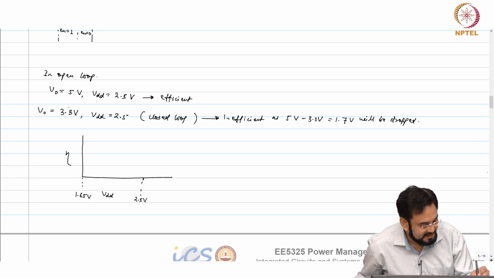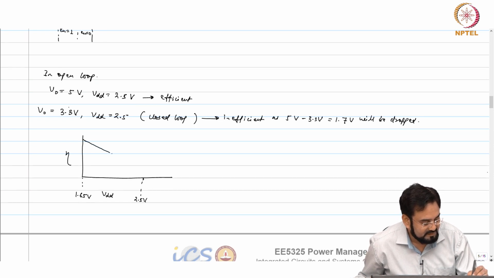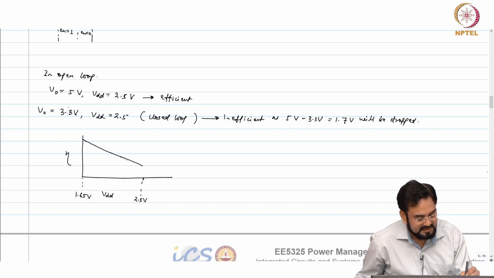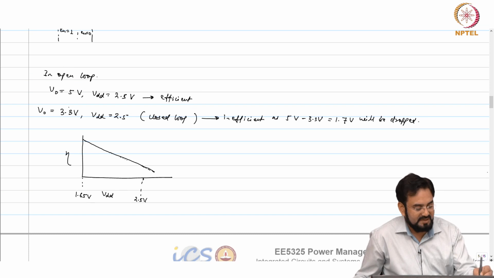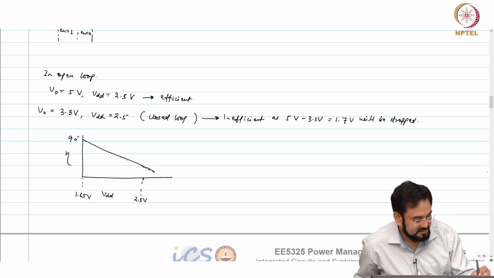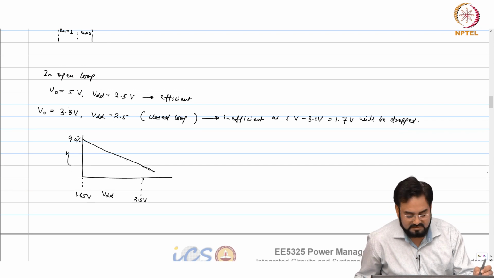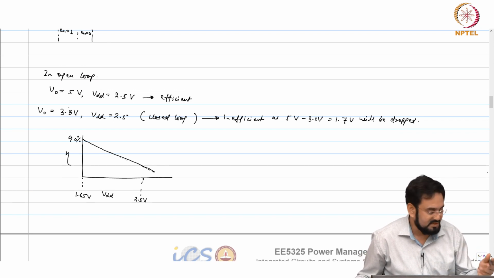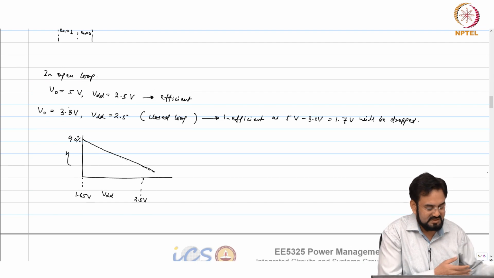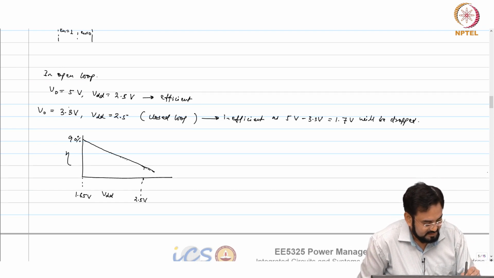So, you will get very high efficiency here, and it will keep dropping as you increase your Vin further. So, you may have, let us say, 90% here. 3.3 over 5, how much is that? 66% roughly. Including other losses, you may get only 60% here.